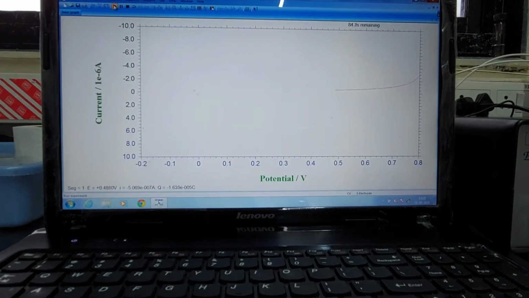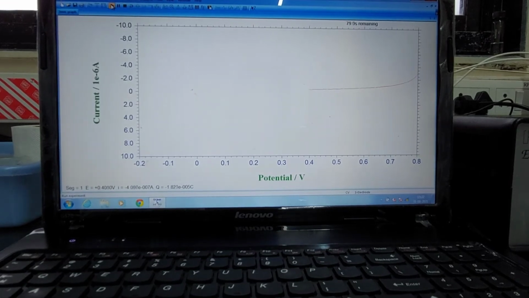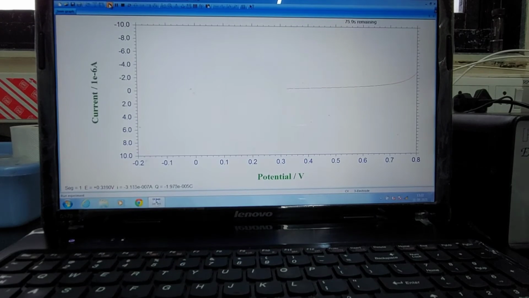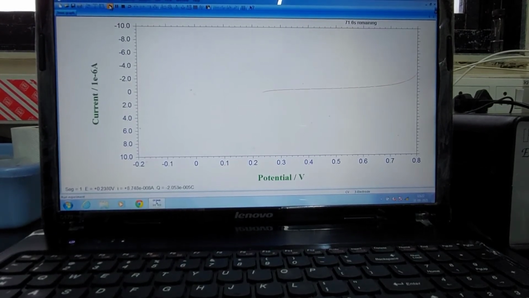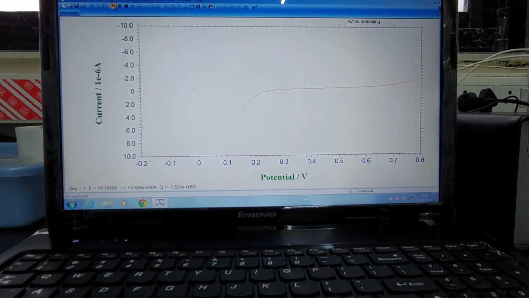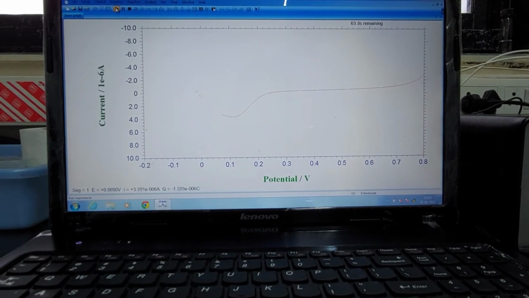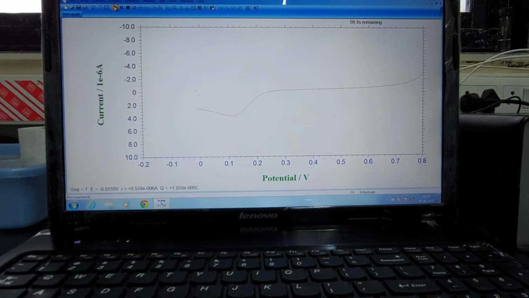Yeah, so going good so far. All fingers crossed that it shouldn't fail us. I hope not. It's a moment of truth for Sonali, whether she had made the solution right or wrong. Oh, at least it's ferricyanide, it's going down, it's good, and it looks steeper. Yeah, so looks like it's more concentrated.